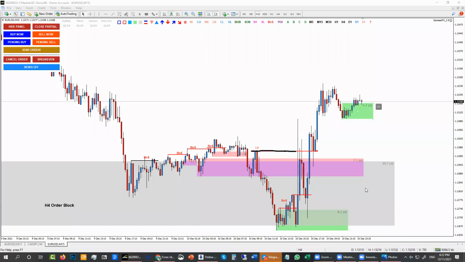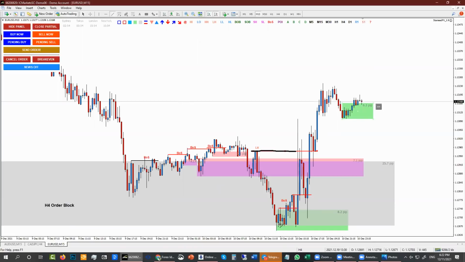But maybe you also want to draw something, just to train your eyes. I do not always use the trend line, but just by looking with my eyes like this, okay, this is going up a little bit, and here, this is still closing higher than this one, so there is probability it still goes higher. Sometimes you can just look with your eyes without drawing the trend line as well. But you know the idea: is it closing higher, is this one closing higher than this one, so there is a possibility the price is going to go higher.